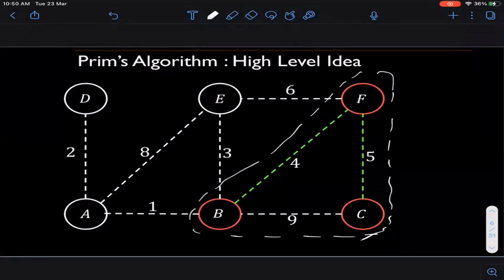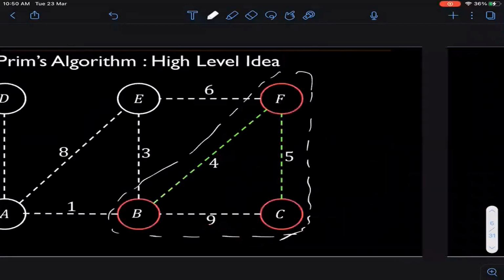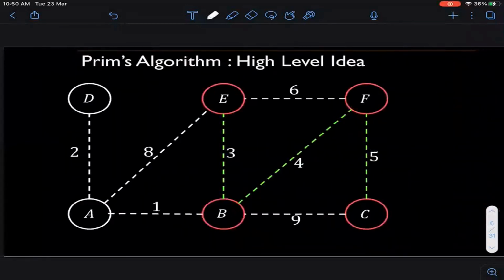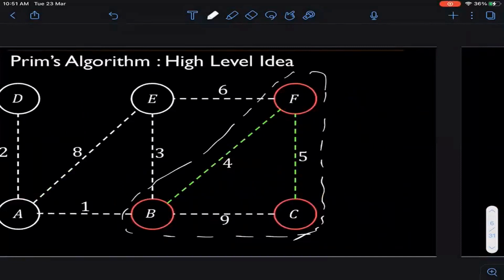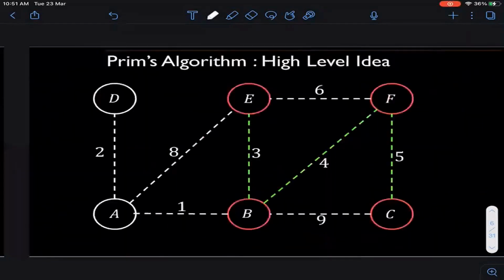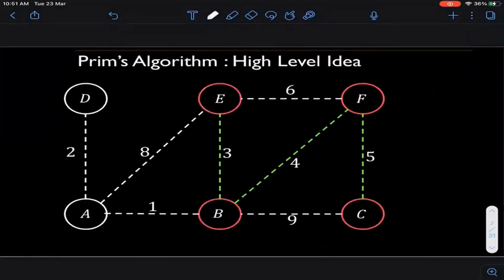Okay. And I will repeat this procedure. So what is the next edge that is going to be selected now? What is the next edge? It's 1. And here I have made a mistake. Okay. So I realized just before the lecture that I have made a mistake here. So yeah, I have included this edge 3. This is wrong. Okay. So this is absolutely wrong. This edge is not going to be selected. Okay. So this edge is going to be selected.